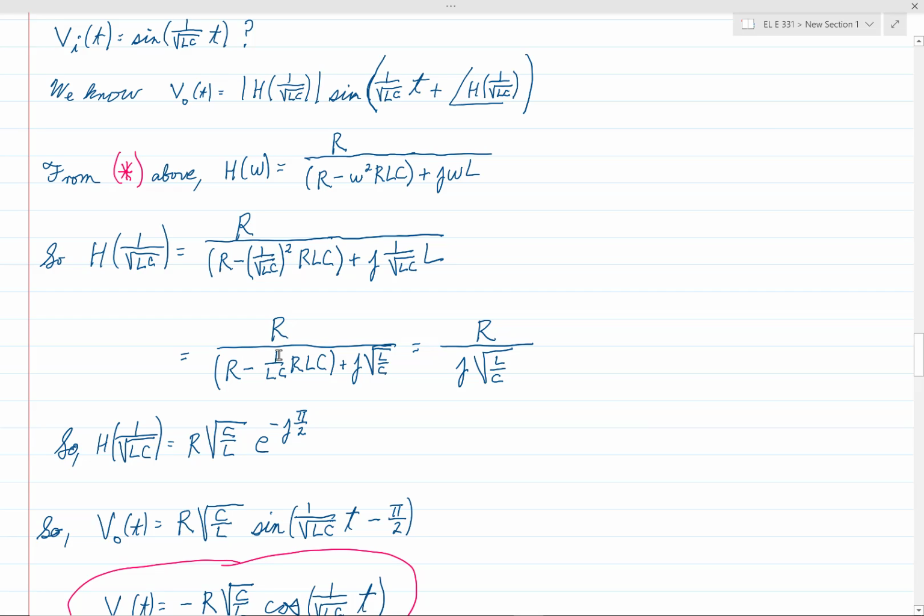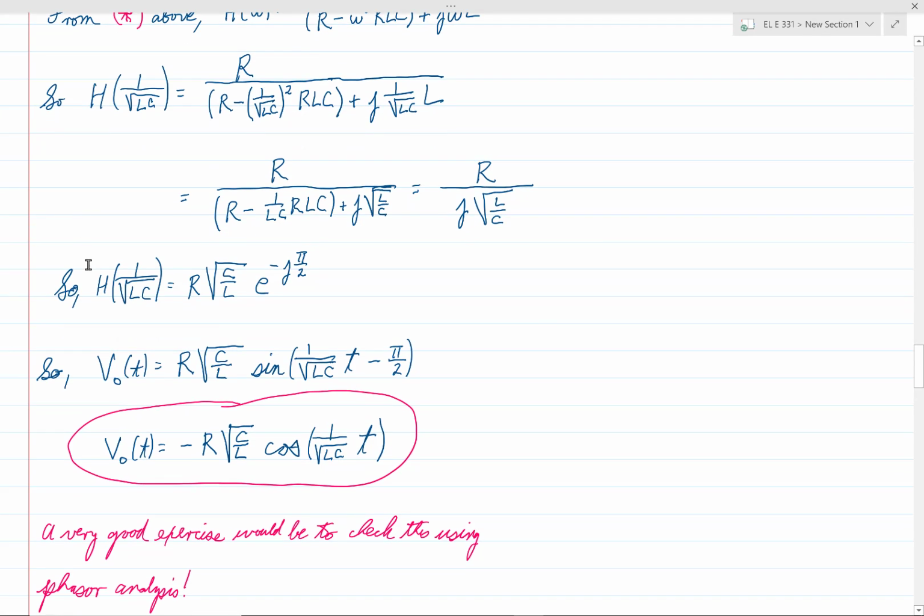In the bottom here, this becomes R minus 1 over LC times RLC. So the LC's cancel, and we just have R minus R, which is 0. So this part goes away, and we just have R divided by j times the square root of LC. And so therefore,